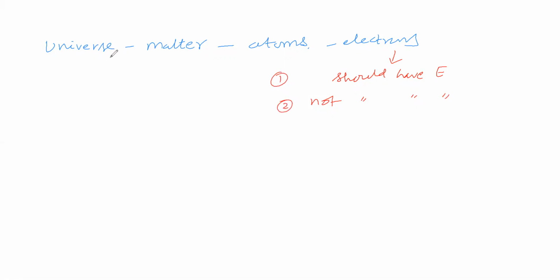Universe, in the sense, you don't think only of human beings or living things, whatever we are seeing. You think of the complete universe. Take whatever solar system you want, because an infinite number of solar systems are available in the universe, and an infinite number of stars. So the universe is a huge one that is made up of matter. Matter is made up of atoms. Atoms are made up of electrons.